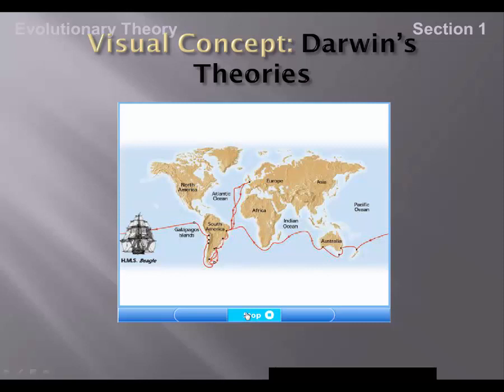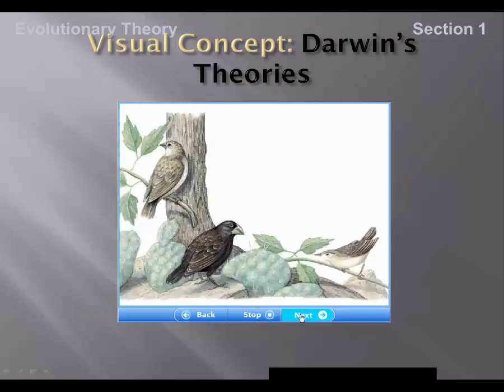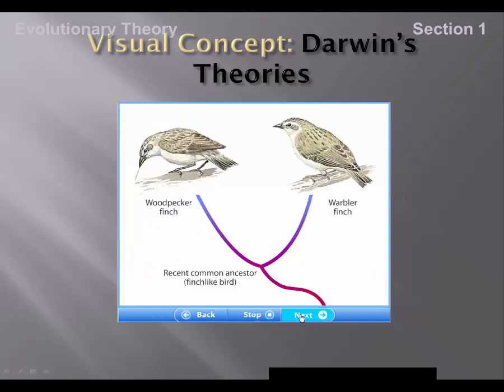Charles Darwin traveled the world as a naturalist, making observations that helped him form his ideas about evolution. For example, in the Galapagos Islands he found different species of finches. Each had a different bill for eating different foods, but the species were so similar that they must have shared a recent common ancestor. Darwin formulated a theory with two parts.